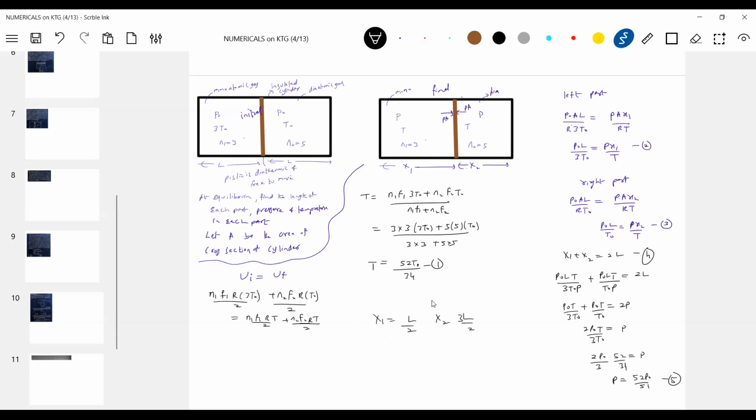Okay, see, these are the ways. I think in chemistry the approach is a little different, you are bothered about the gas. I'm bothered about some other things here. What are those things? Piston, volume, force exerted by the gas. This is the highest priority that I'm going to take here. But you should never leave the other things. What is that? The RMS speed of molecules, as temperature changes, RMS speed of molecules will change. Overall energy of the gas will remain same because it's insulated, no? So no question of heat exchange from the cylinder to the atmosphere outside. All heat exchange occurs between the gases in each part. Therefore, heat energy is conserved.